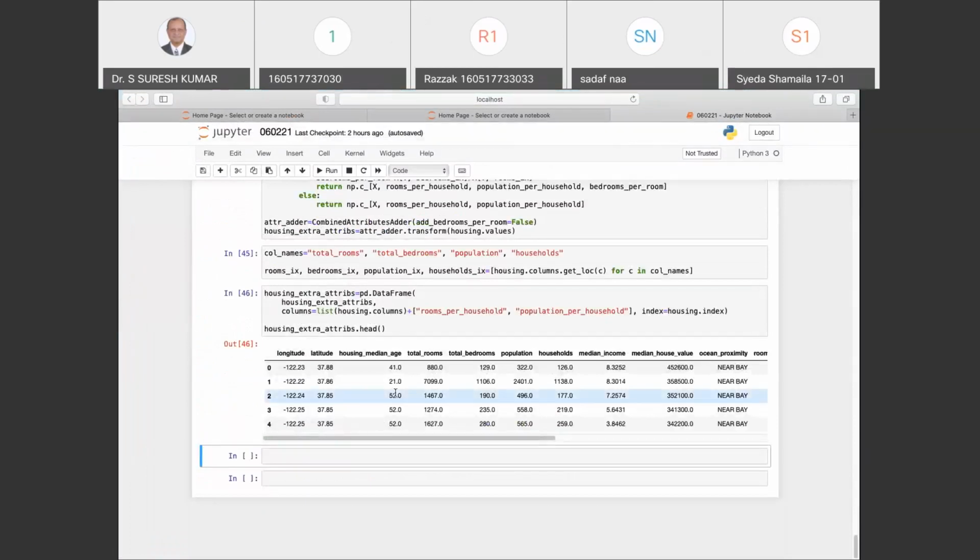This is the last code which we had written for you. Am I correct or wrong? Tell me, please. The last thing what we had written and executed is this in your last session. Because I maintain a record of what you do, that's why I could just open it blindly. And this is the last one which we had done. Kindly confirm. Tell me. Razak, Sayeda? Yes, sir. Okay, this was the last one.